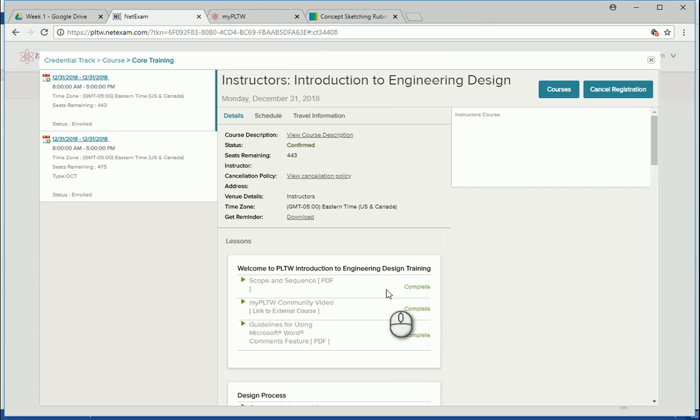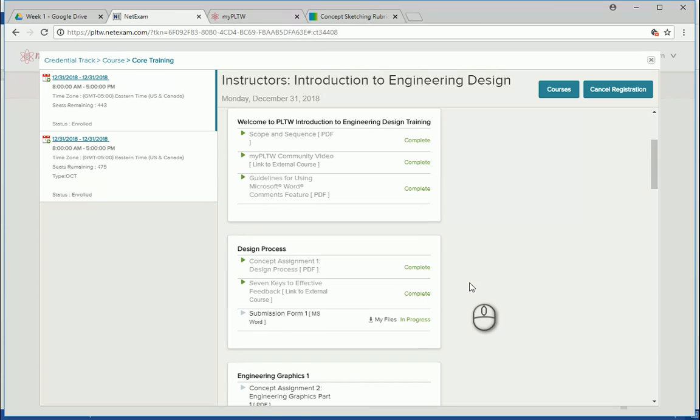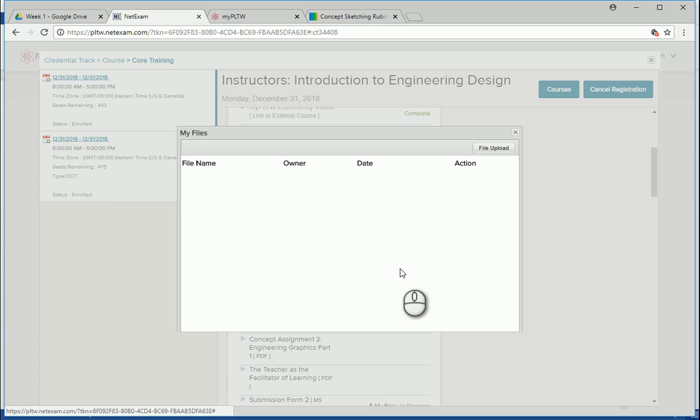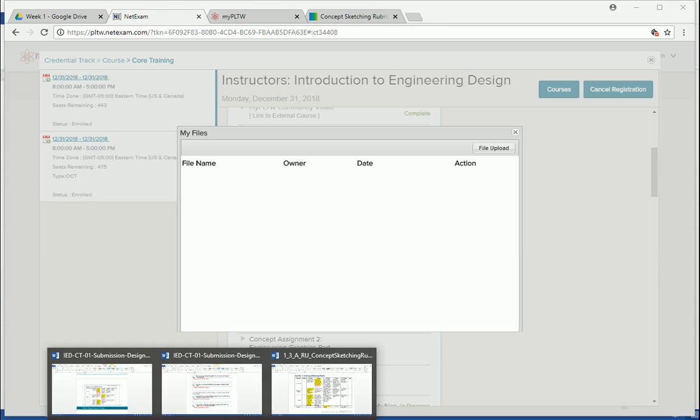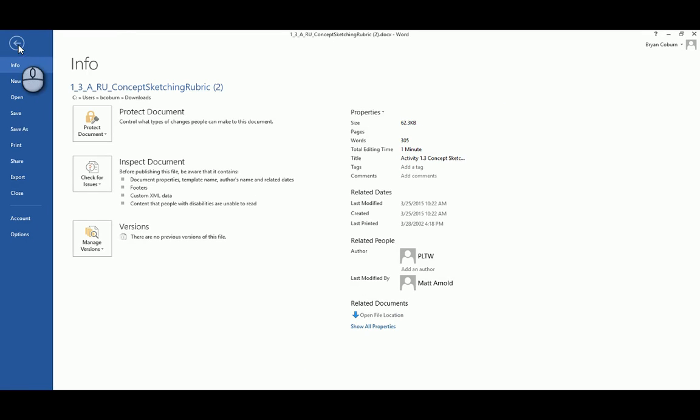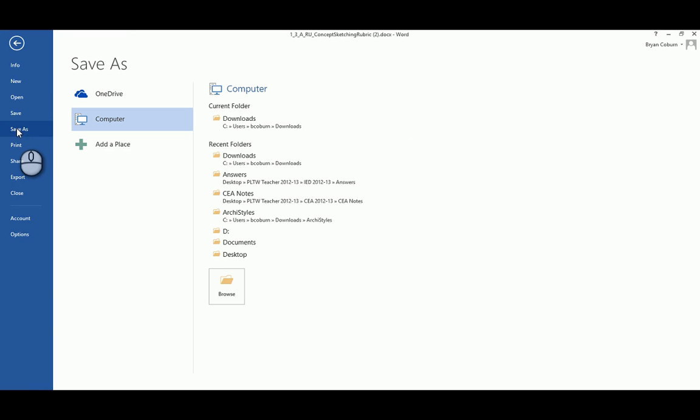So to get this part of the course done, welcome to the Project Lead the Way Introduction to Engineering Design Training. You want to make sure you read all those. It shouldn't take very long. And then each one of these needs to be complete. So you have to open and read those. And then last but not least, you're going to go to My Files. And you're going to File Upload. Now what you're going to upload is this Word document that we just played with a little bit ago. What we want you to do is go to File, Save As, and we want to save it as a PDF. So once we save it as a PDF,